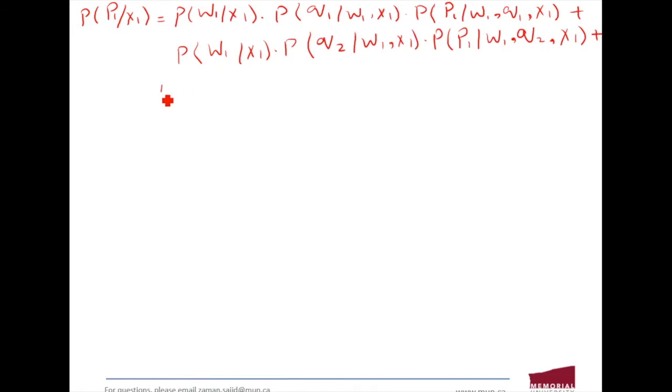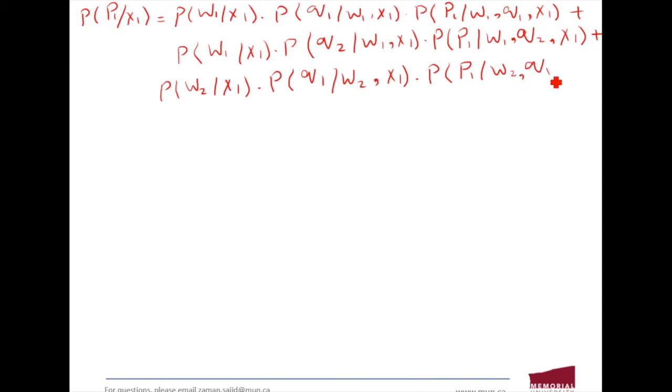So this term should be the probability of W2 given X1, times the probability of Q1 given W2 and X1, times the last term, the probability of P1 given W2, Q1 and X1, plus